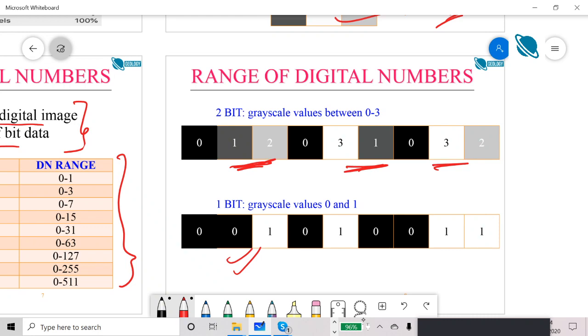Of course, in real life we don't use 2-bit or 1-bit images. We use mostly 8-bit images, so that you can capture gray colors. Here you cannot capture gray. In the real world, images will not be exactly black or exactly white. They will have some shades of gray, and you cannot capture these shades of gray if you encode only 0 and 1.